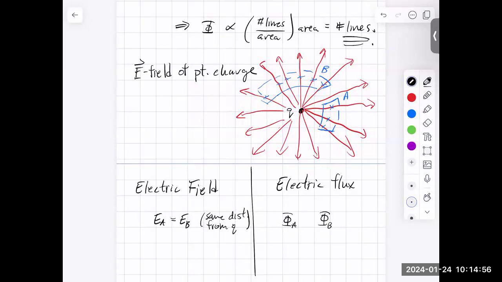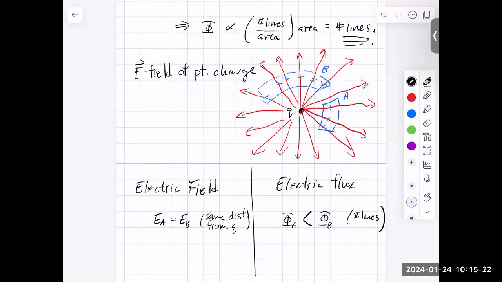Yeah, so all we have to do for comparing flux is count the number of lines. And so we would say in A, we have 3 lines passing through our surface. In surface B, we have 6 lines. Okay, and so flux is proportional to the number of lines through our surface, and there's more lines through B than there is